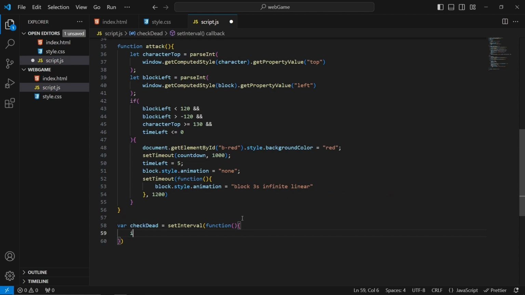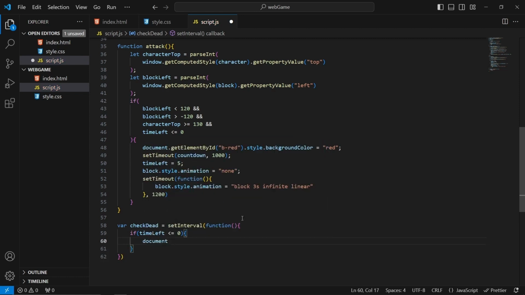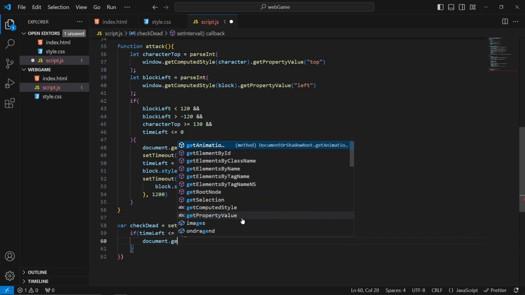Inside of there, we're going to do an if statement. If timeLeft is less than or equal to 0, then we're going to open that up and do document.getElementById,